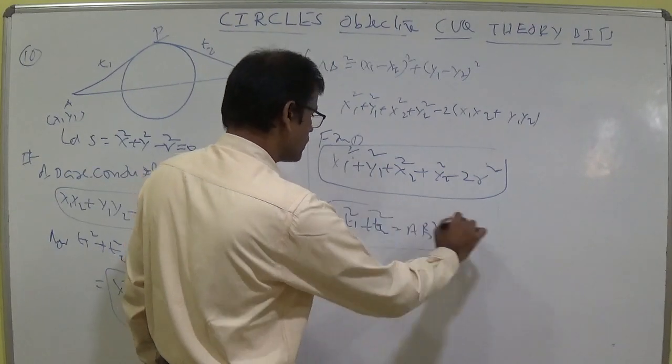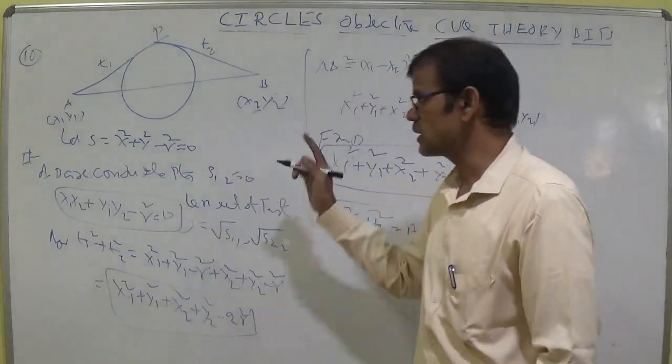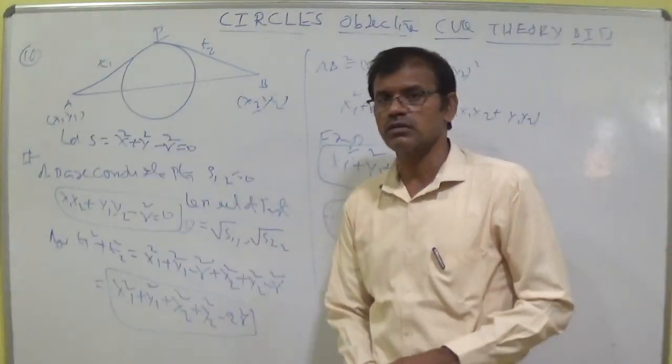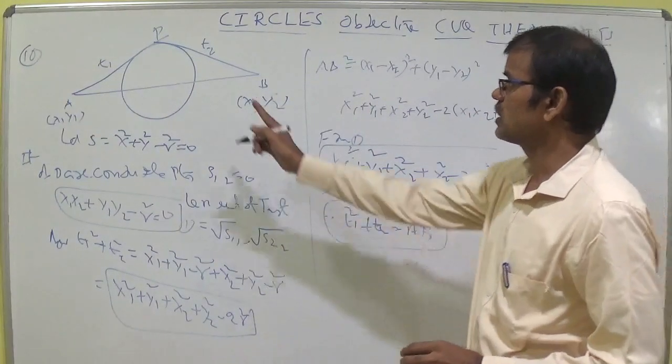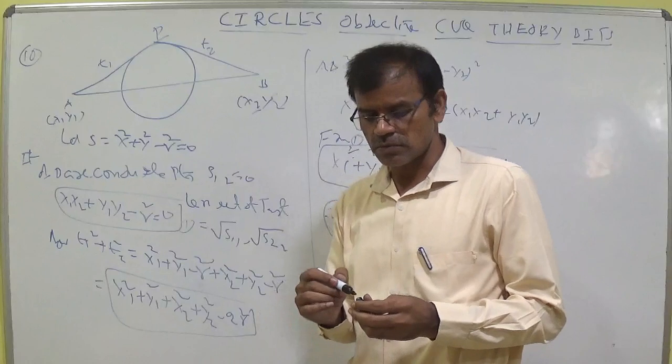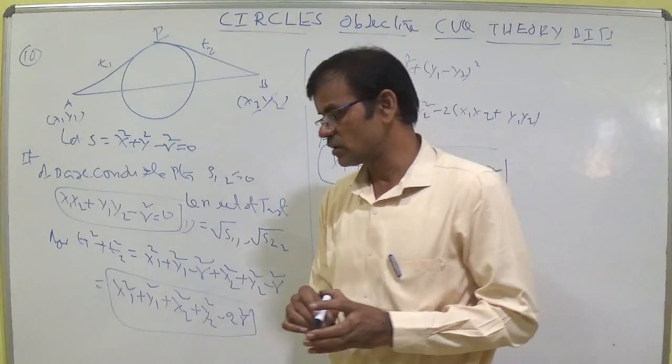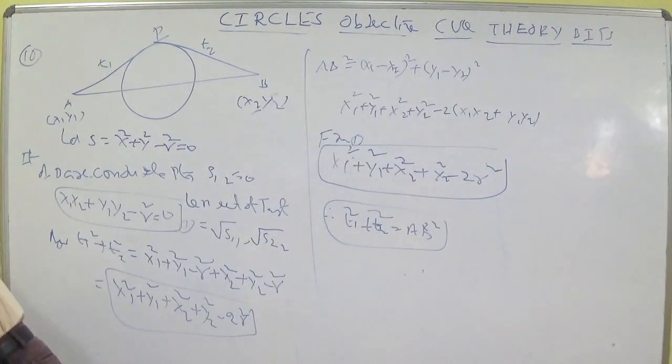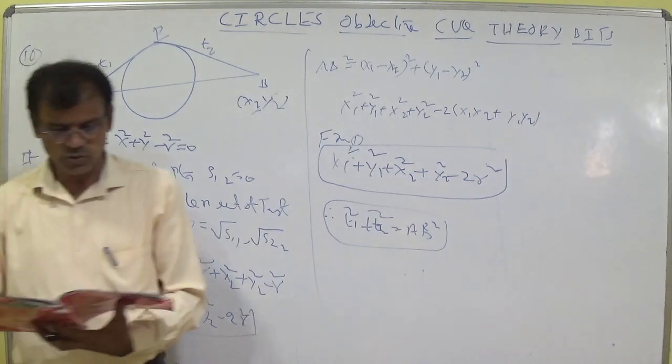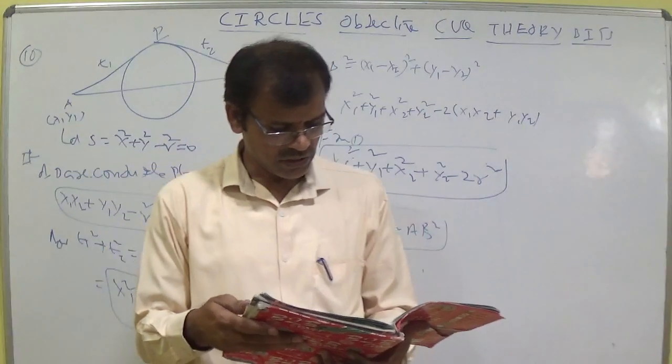Students, sums depend upon this. These theory sums are there in MSET, of course not in mains. But you should remember this as a formula: T1 square plus T2 square is equal to AB square. Sums are there. Okay, we have completed the theory. Let us discuss the next theory in the next class.